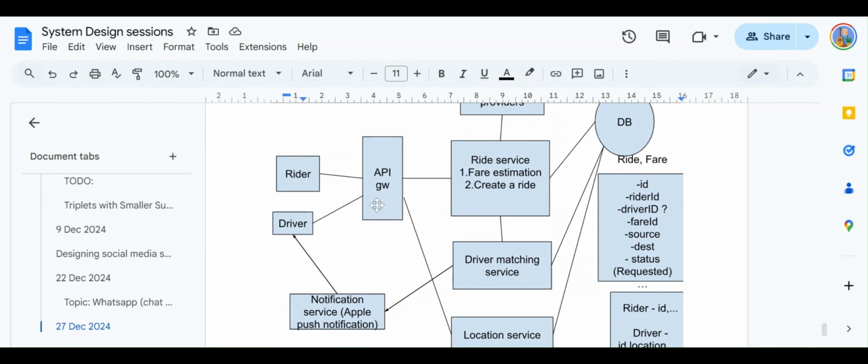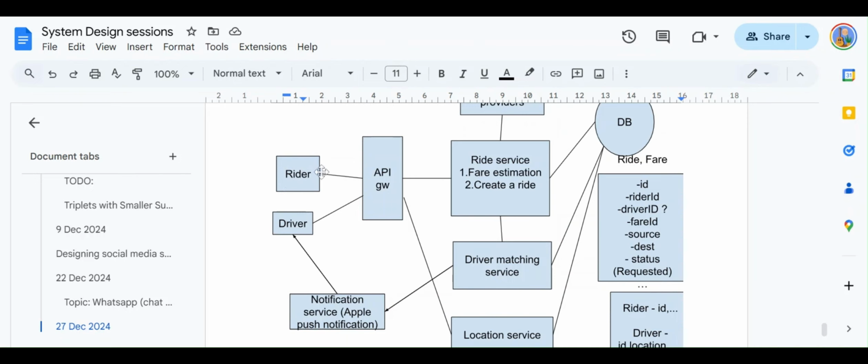And once the rider actually onboards, I think there is one more API that we could build, which was to start the ride. The ride start is usually done by the driver only, but there is an OTP thing that comes in, so the rider is first sent an OTP that he needs to share.